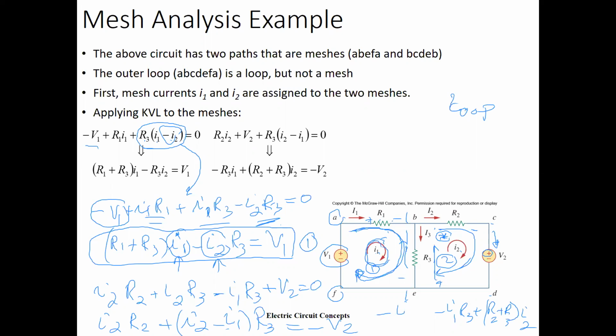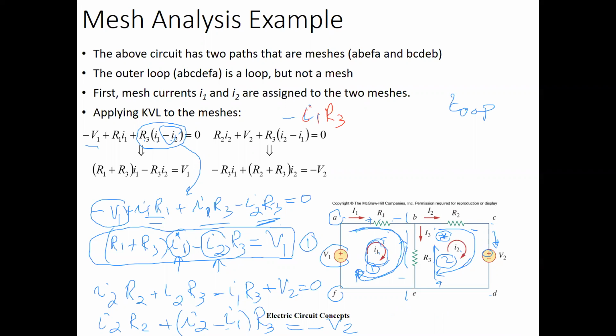Okay, let me rewrite the equation here because I don't have enough space. So let me take off all of this and rewrite the second equation after I rearrange it. So it will be minus I1 R3,